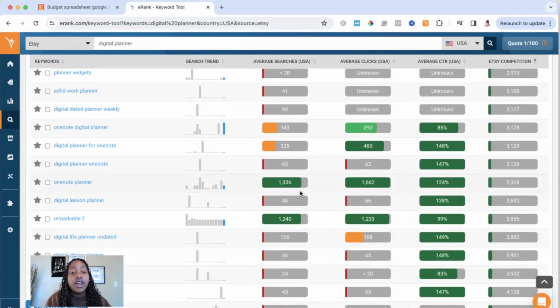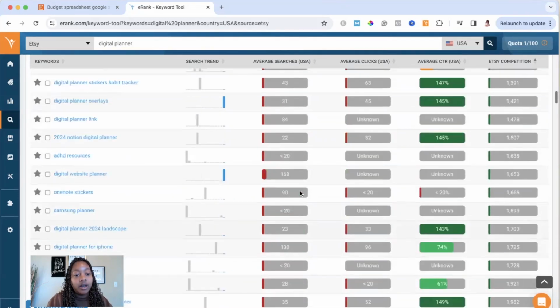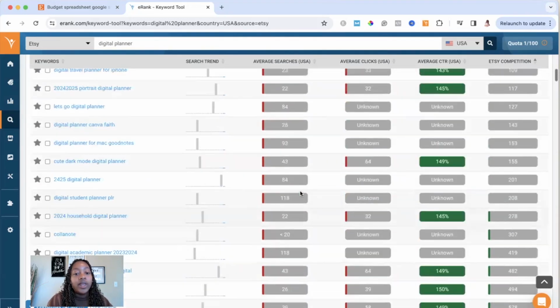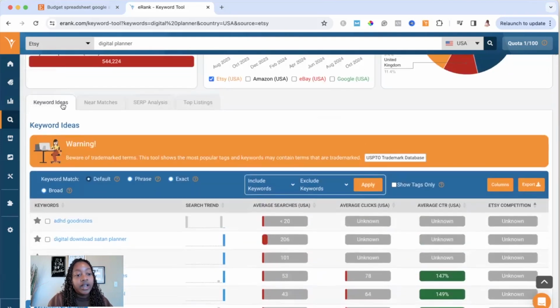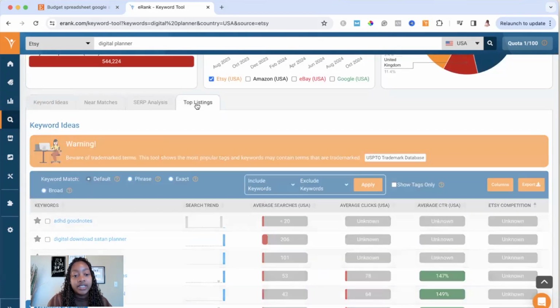So that is another way to find digital product ideas. And this is going to be the paid version using eRank, which is the SEO tool that I use to come up with my digital product ideas for Etsy. And then when you are in eRank, here's just a little bonus thing that I like to do. I will scroll back up to the top, and I just like to see when the product was listed and about how much they've made. So when we're up here at keyword ideas, you can go over here to top listings,